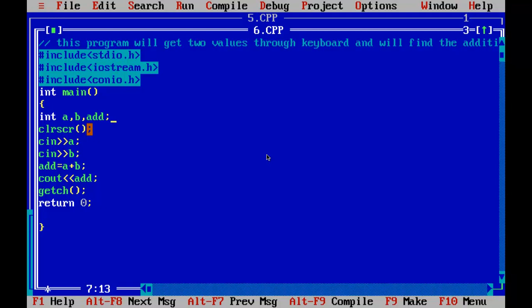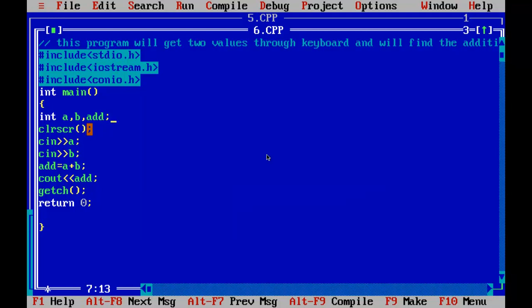Two variables for storing values and a third variable, add, to store the result of the two variables A and B. Whatever value you give to A and B, the addition of those values will go in add. Now compile it again.